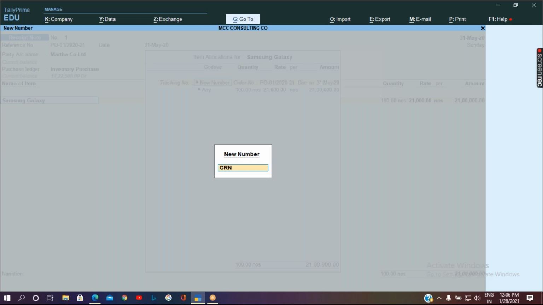Can anyone try to find out what GRN could mean? It's a common terminology when it comes to inventory.